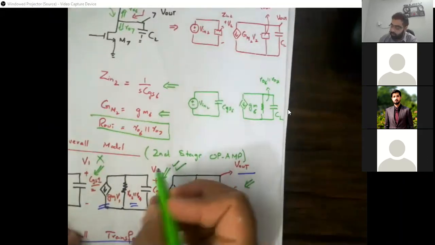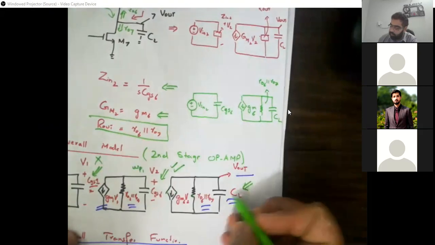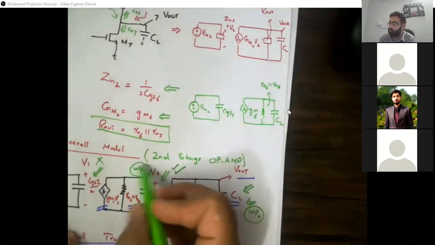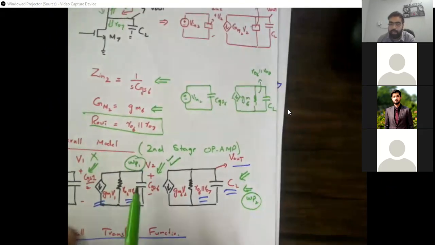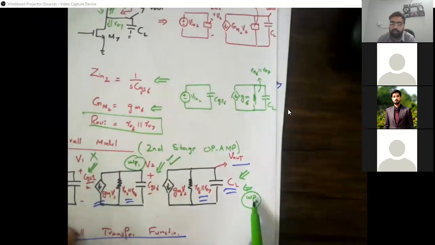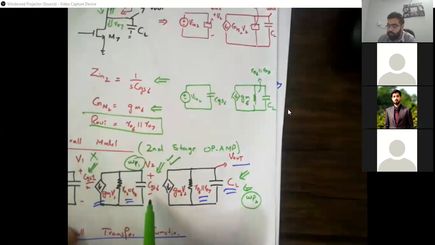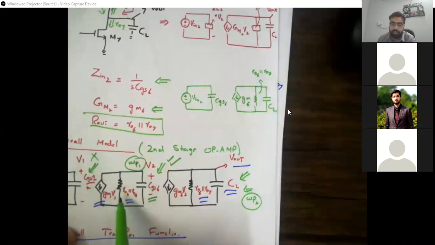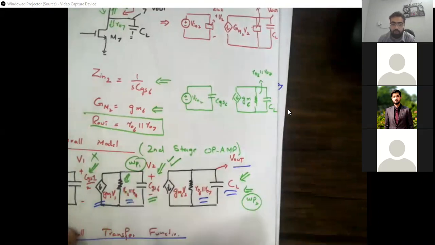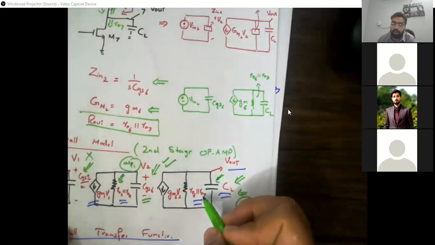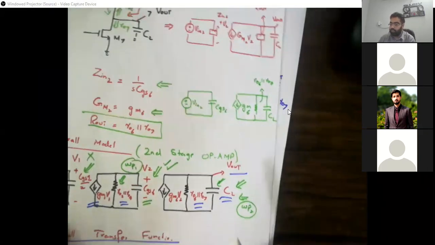It's not going to do anything with us. We are only going to be concerned with this pole, which in this configuration we call omega P1, and the other pole, omega P2. One pole, omega P1, will be because of the capacitance CGS6, and omega P2 will be with the load capacitance. So omega P1 is 1 over CGS6 times the impedance seen at this point, which is RO2 in parallel with RO4, and for omega P2 it is 1 over CL multiplied by RO6 in parallel with RO7. So we have two pole locations.